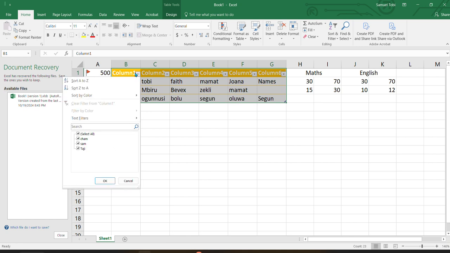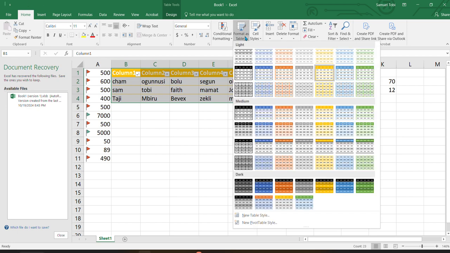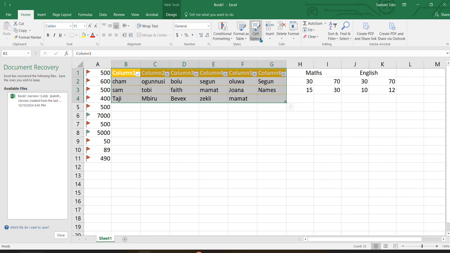So you can also filter, like sort. Maybe you can say sort from A to Z or sort from Z to A. If it's from A to Z, as you can see, it changes. In the column we have C, S, T. So obviously C comes first, S comes second, and T comes last. Yeah. So we have O, we have T, we have M. So you can sort there also. Let's go back to our format as table. I think we're done here. Yeah. So now let's go to